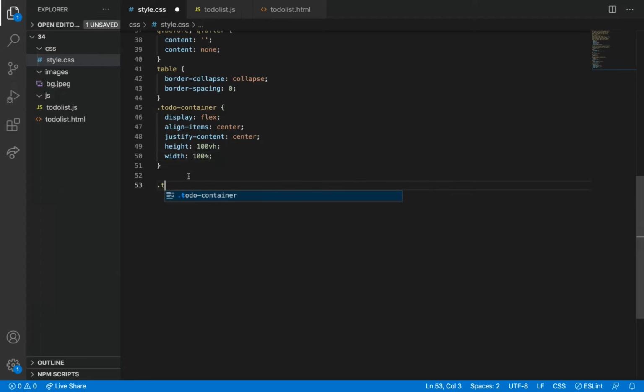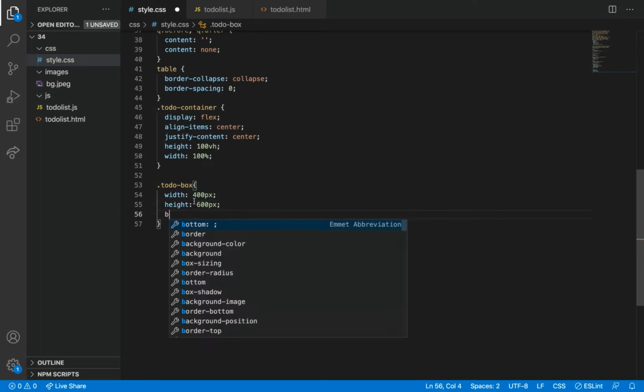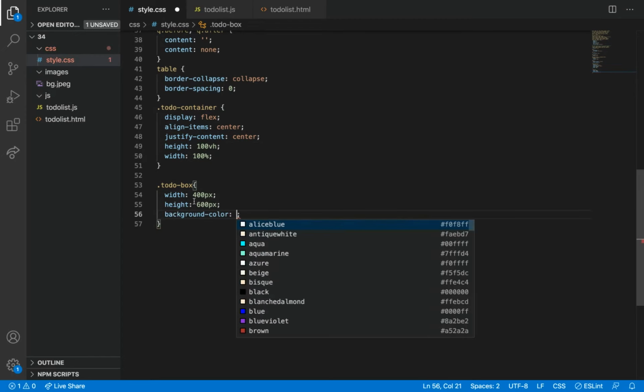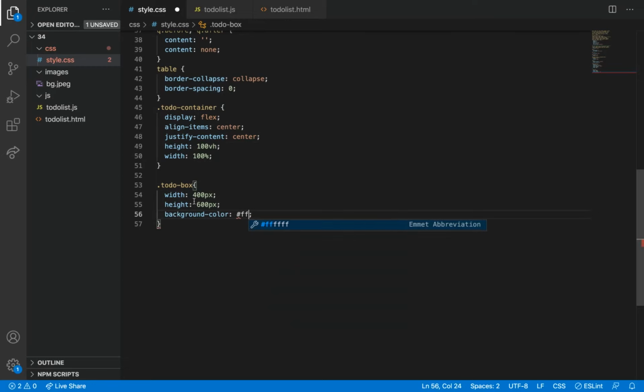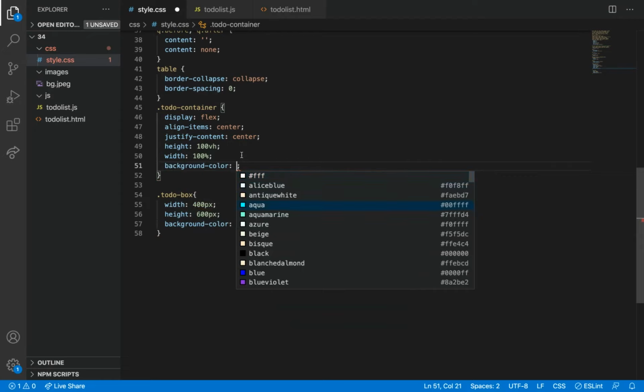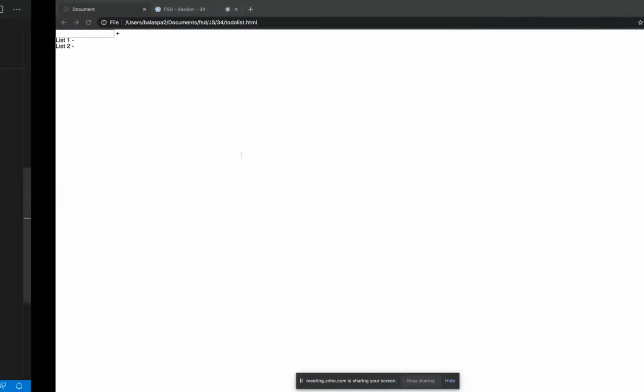So I'm going to make the to-do box width 400 pixel, height 600 pixel, background color white. Here background color, let's say, right.